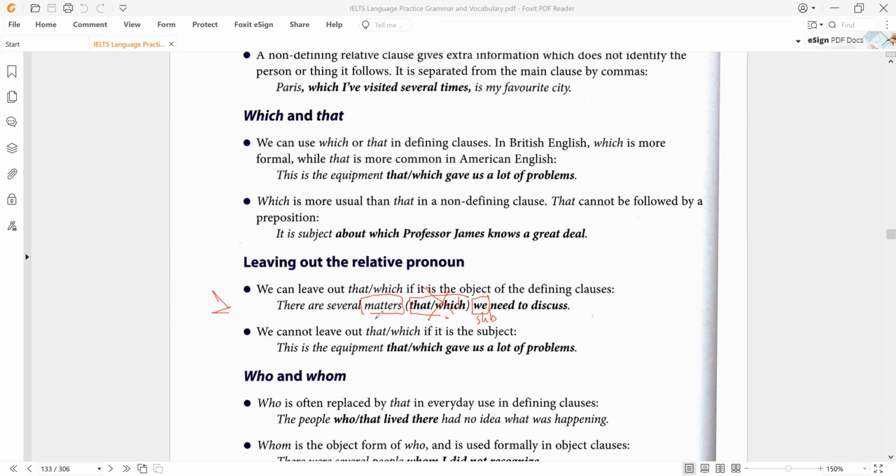Matters هنا بمحل object مفعول به. والسبجكت في الجملة الثانية ليس matters لكن we he they أي حاجة أخرى. أما هنا equipment هنا اللي هي الأوبجكت وهي subject هنا subject موجودة لكن محذوفة اللي هي this is the equipment the equipment gave us a lot of problems. فequipment هنا واequipment موجودة كانت هنا حذفناها حذفنا الاequipment ووضعنا محلها which أو that. واضح؟ اوكي